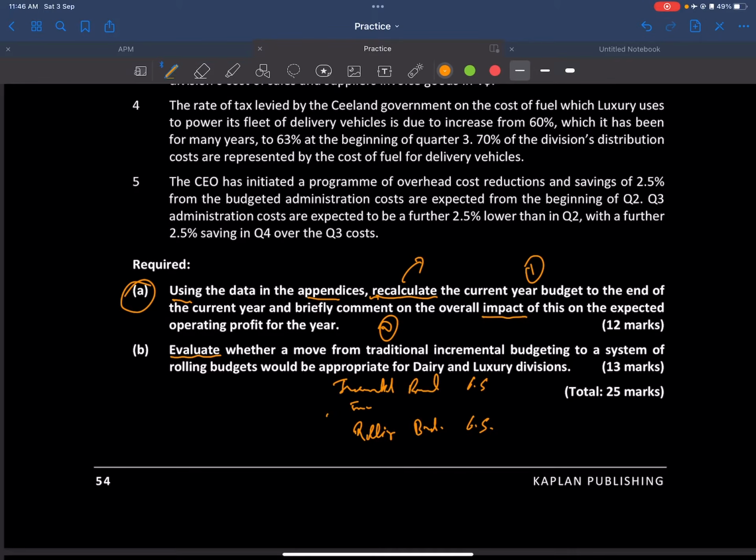And then let's identify what kind of budgeting system. First of all, evaluate the current scenario, and come up with points for why is it better. So why is it better? So evaluate,